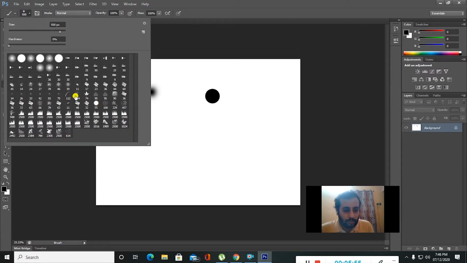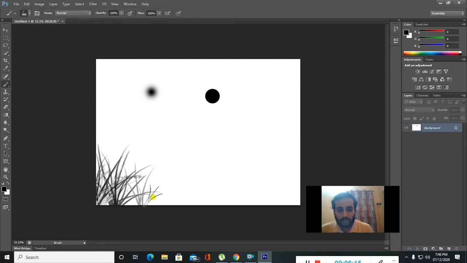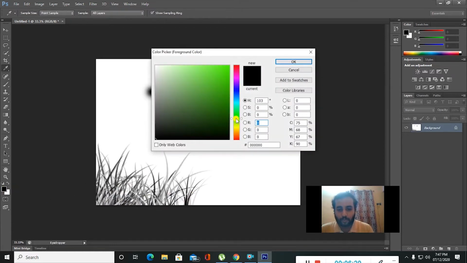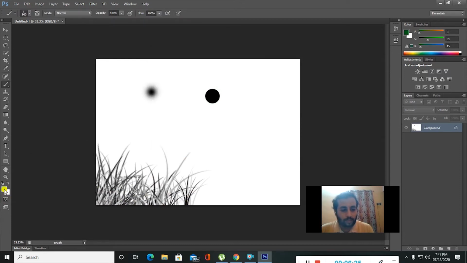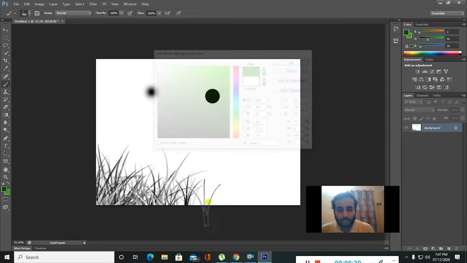So whichever preset you want, you can just select the preset. Okay, and then you can reduce the size of the brush, or if you want, you can increase it. Okay, now you just start paint. Now you just click and drag on the document so that you can see, so you get beautiful grass. Okay, you can change the color in the color palette. So when you select the color, foreground color you keep it as dark color, and same shade you keep it in the background color but little light shade, so that you will get variations when you paint.